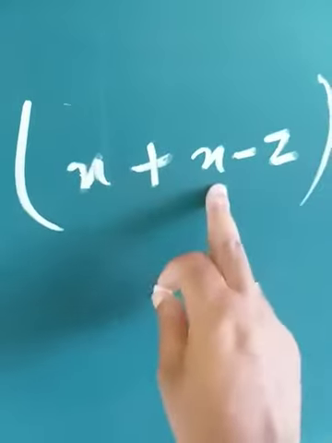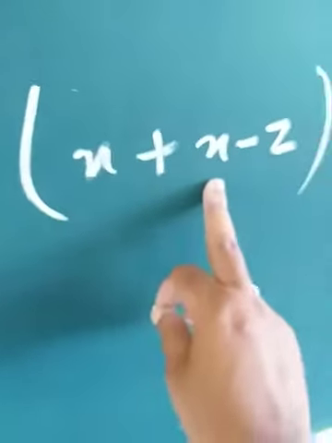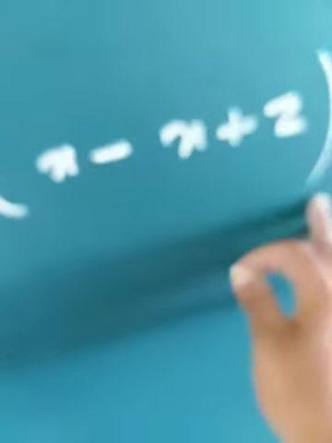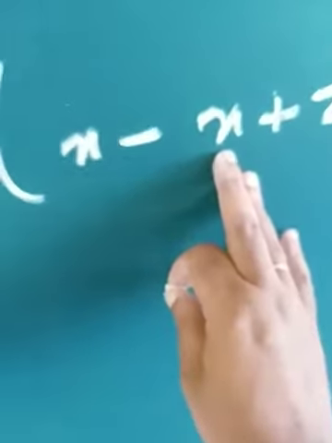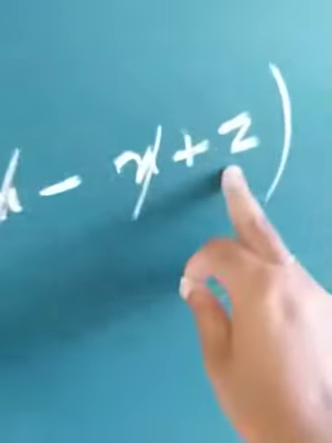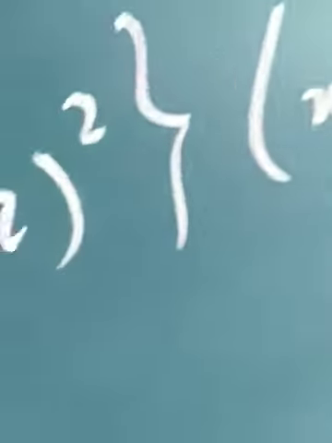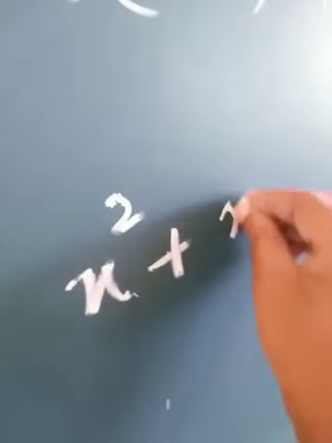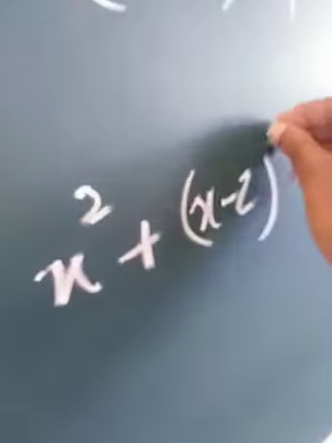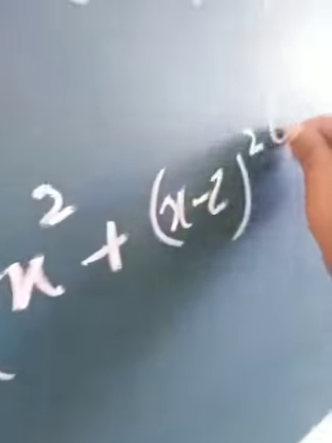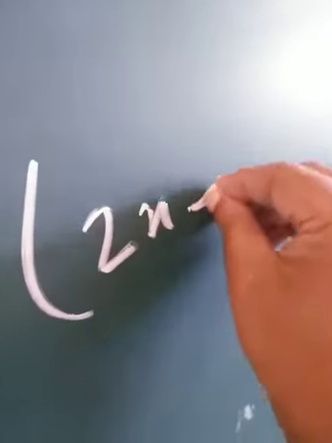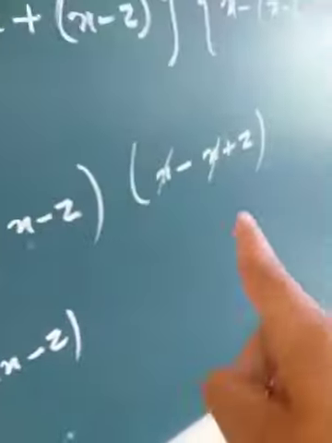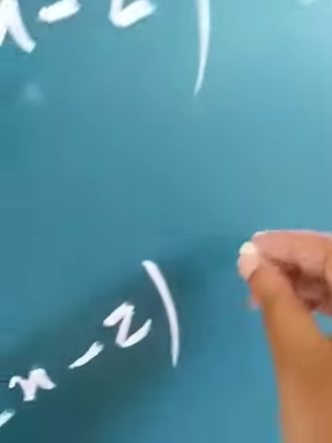Now if you carefully observe this bracket, we have like terms, so x plus x is 2x. Similarly, in the third bracket, x minus x is 0, so we'll cancel this term. What will be left out? Only z will remain. So we'll write the first part first, that is x square plus (x minus z) whole square, then 2x minus z, and on the last bracket only z remains. So this is your final answer.